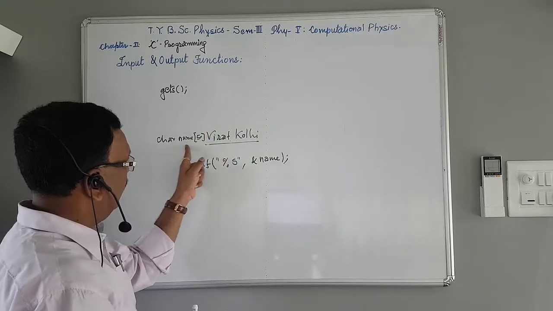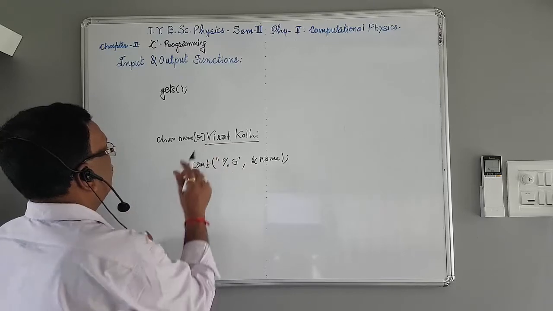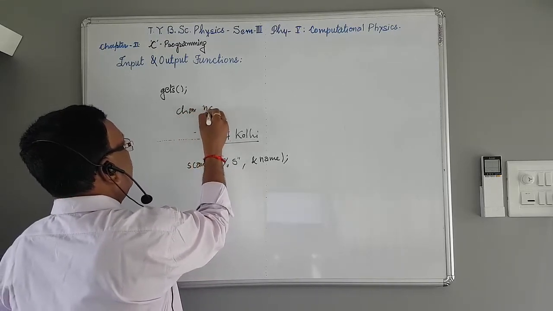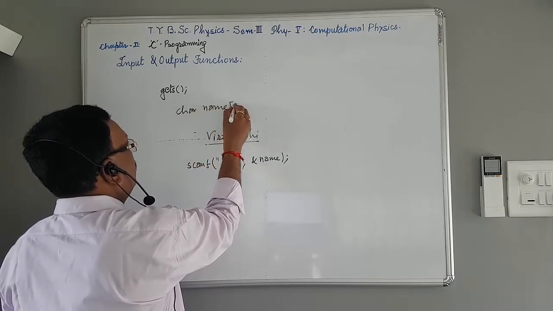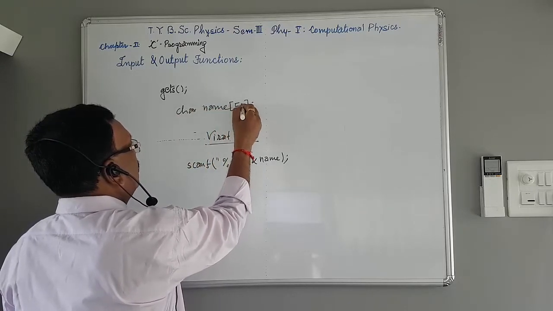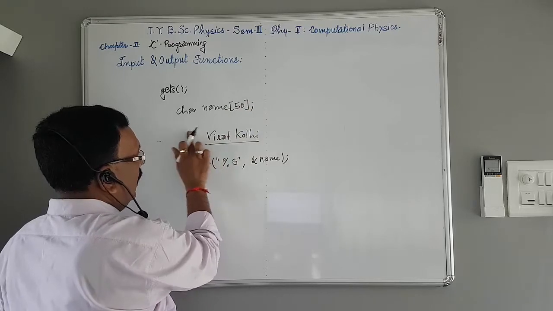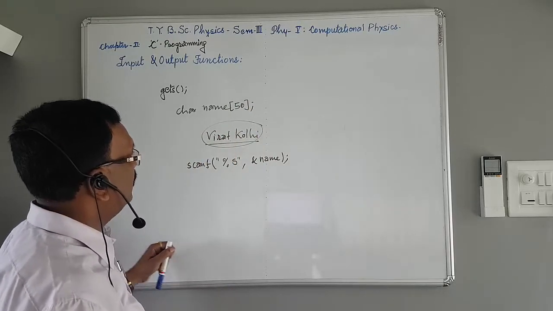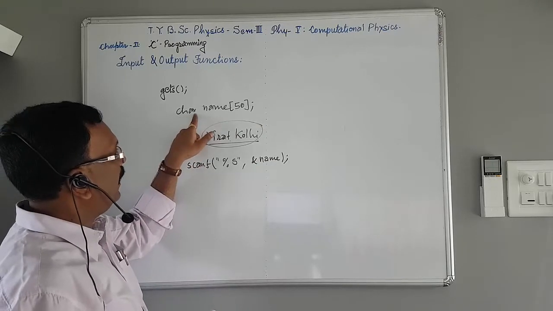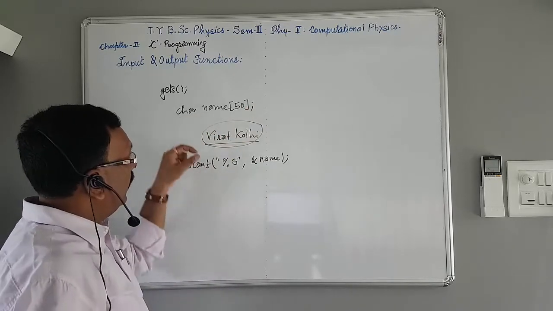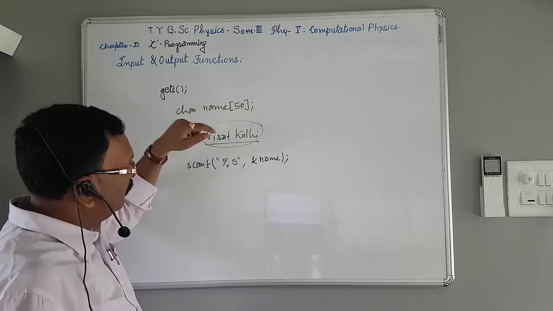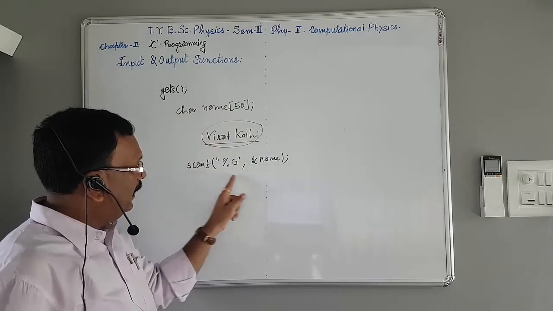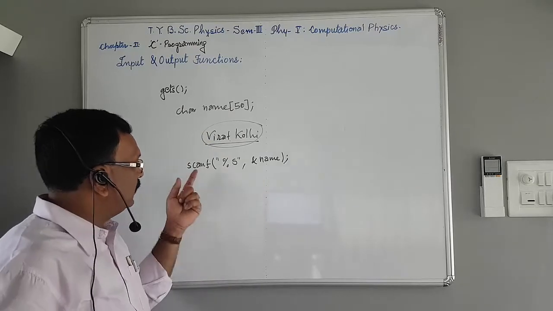For this purpose, we declare the variable like this. Again I write char name and the size of the character array 15. After the execution of the program, we want to supply the data like this. For this purpose we declare the variable like char name with a size. And such a type of character data, when we enter it through the keyboard, is read by the scanf statement.